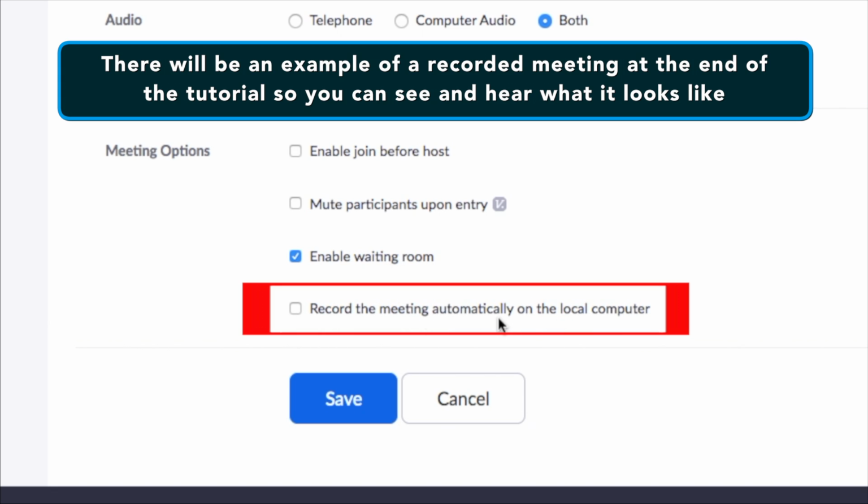The local computer is the one used by the host. And if this is, say, you're a teacher training or you're doing some kind of course and you want to record your meeting so that people could access it later who maybe couldn't be there live, or you're going to put it online on your YouTube channel or on your corporate website or something like that, you want to record